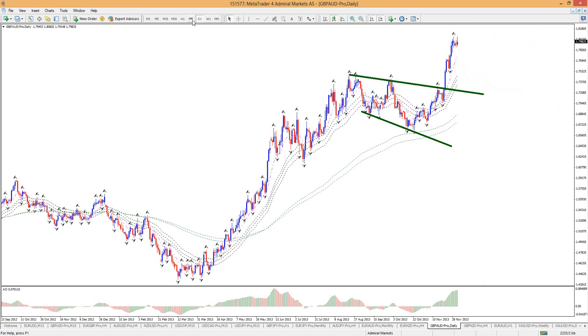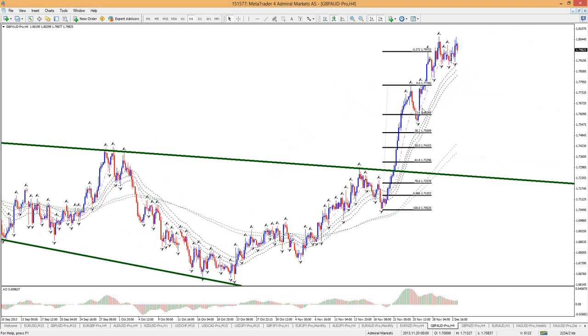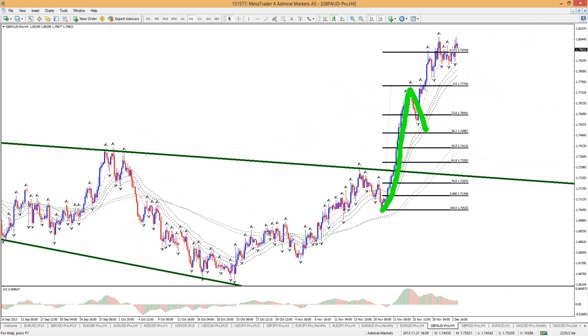Let's see, how about the 4 hour? 4 hour was just moving crazily to the upside here. Very, very impulsive. And I'm not even sure if we will make that retracement right now. We could just go sideways and break one more upside before we make a potential retracement. That's how strong this move is. So let's take a look at that.